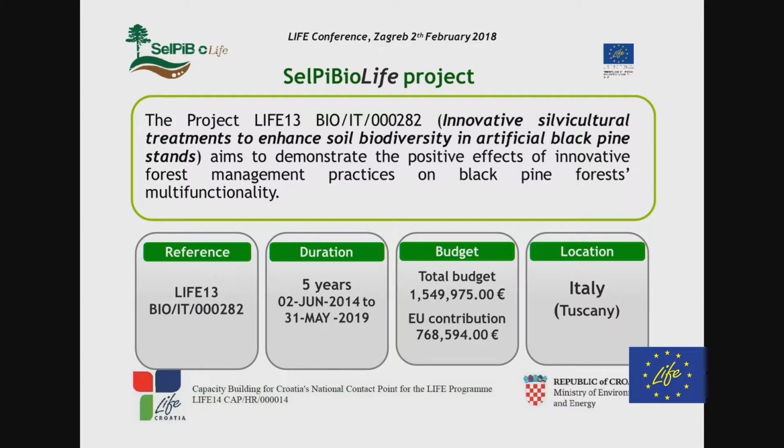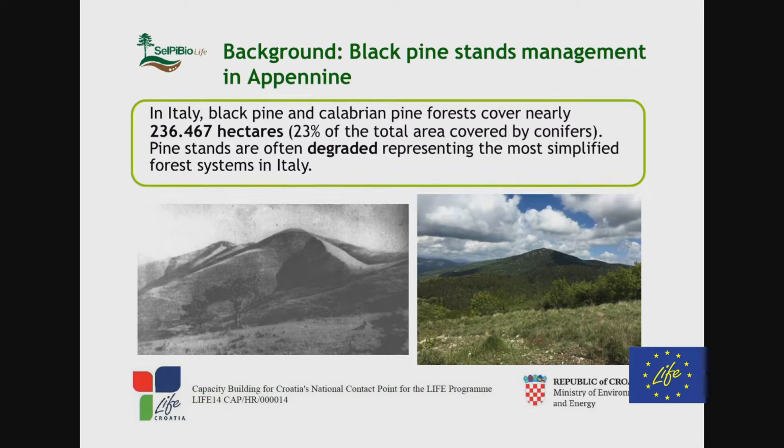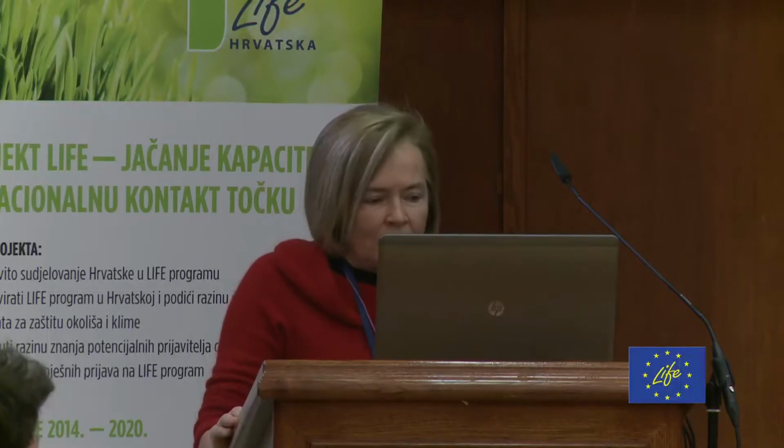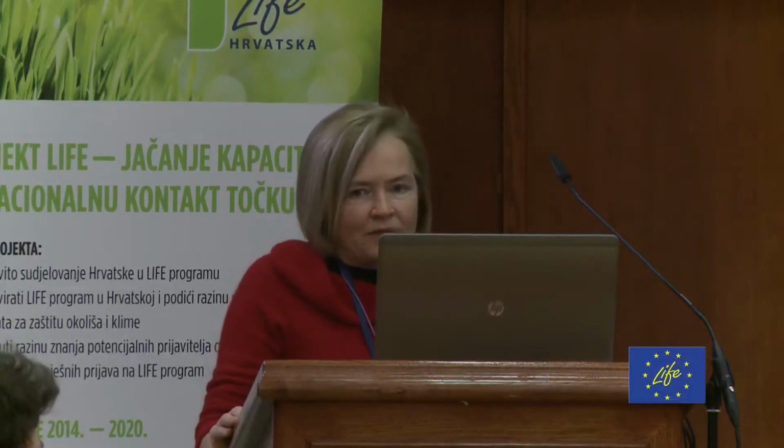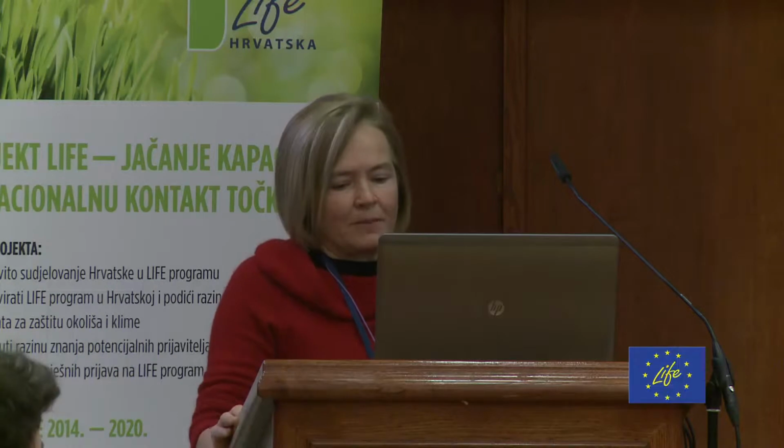And this kind of forest stand is mainly spread in Italy, about 2,100 hectares, and often these forests are degraded and not stable, a very simplified forest system. And